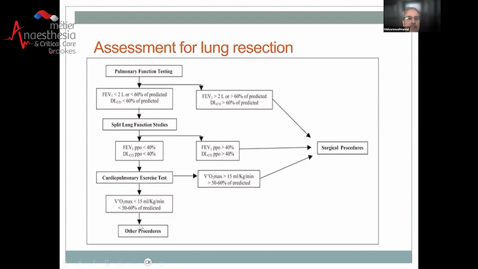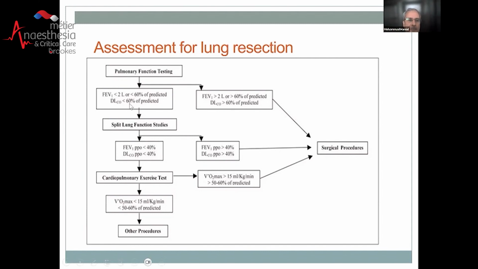So there are different tests. The first test, you would do the spirometric test, look at the FEV1 and DLCO. FEV1, if it's more than 2 liters or more than 60% of predicted, then there is no need for further testing. You can safely send the patient for the surgery. But if it's less than 60%, and DLCO is the diffusion capacity of carbon monoxide,